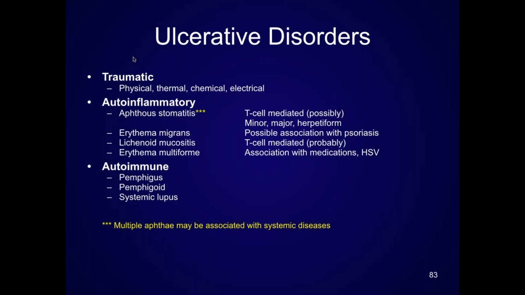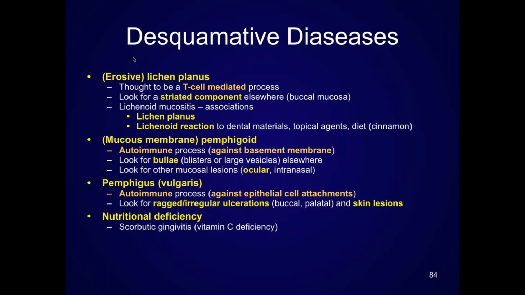Pemphigus, pemphigoid, and lupus are truly autoimmune disorders, and those are ones you're gonna have to investigate more deeply, right? Pemphigus will have the spontaneous ulcerations, pemphigoid will have the blisters, and lupus will have things like the butterfly rash, renal problems, other immune problems, and so forth. All right. So when it comes to lichen planus, bottom line, look for striations,